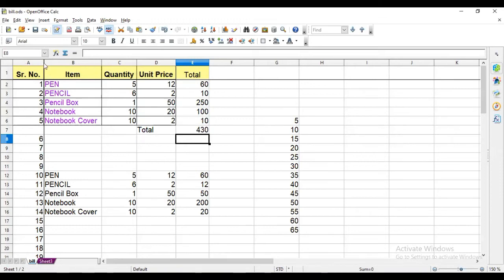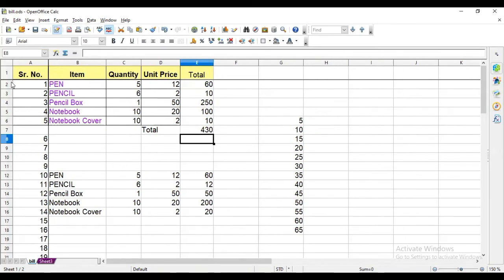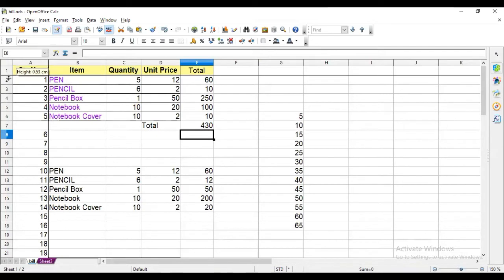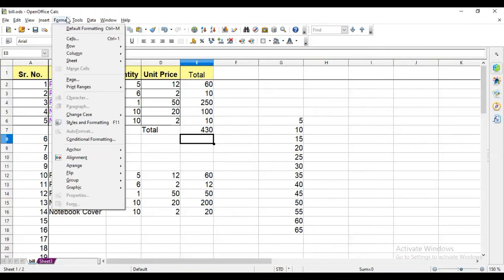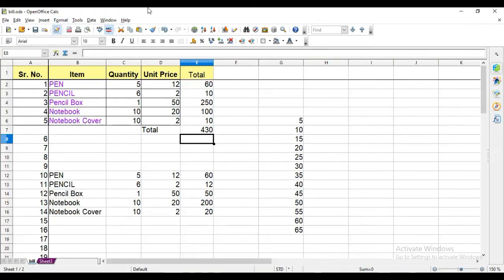This column width and row height you can change by dragging its border also, like this. But if you want to keep a particular value, this option is useful. From format, row and column, you can select and give that value.